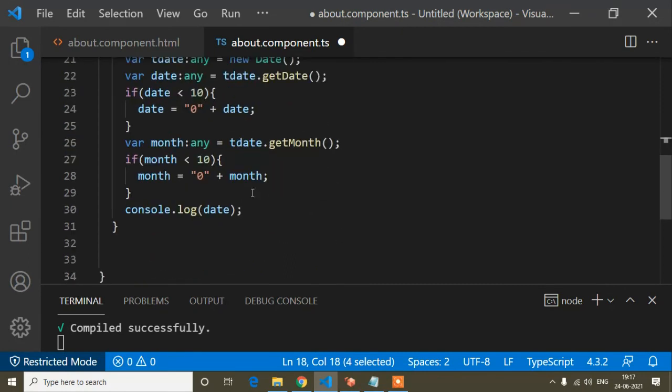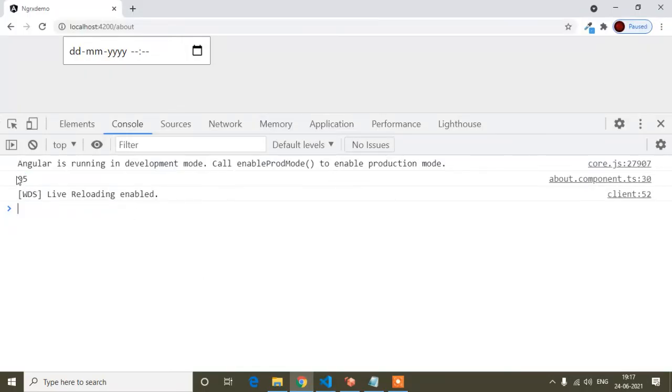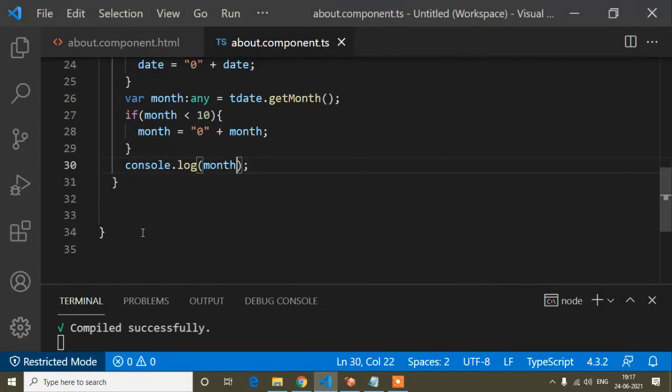Okay, so now guys, one thing I will show: month does not return the current month, it returns the previous month. Like here if I print this month, you will not find today's month. Today is June, so June means if I count, that is 6, but you can see it's returning 05 because month comes in an array format.